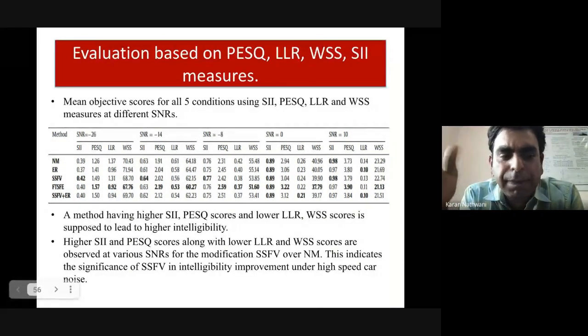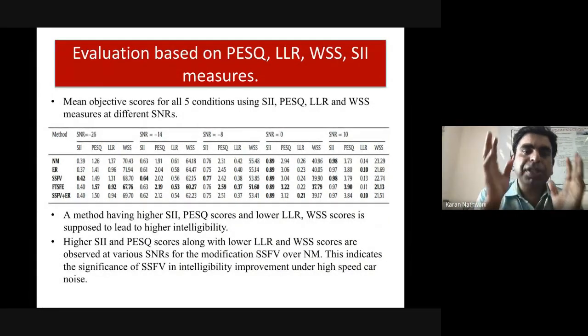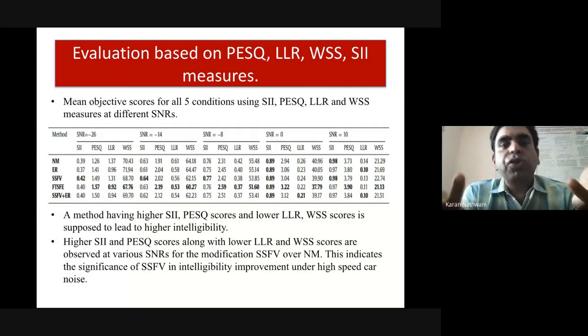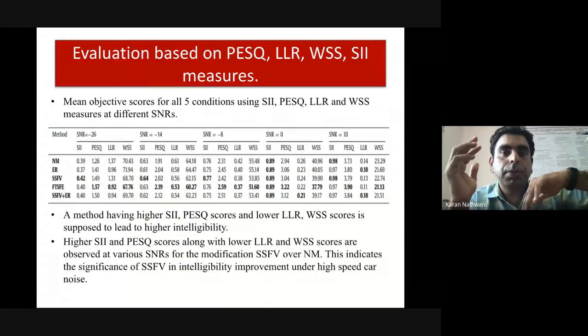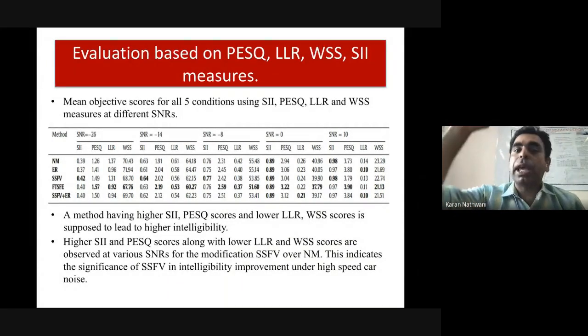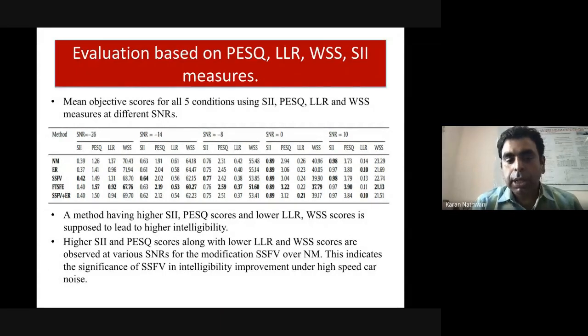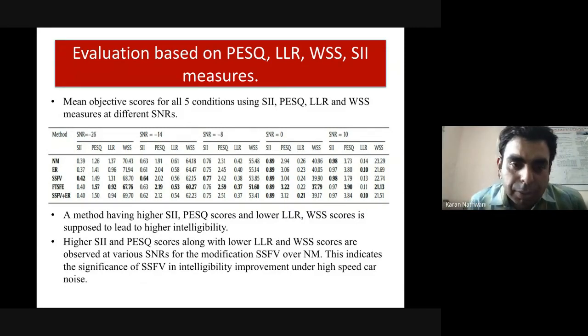So I'm just going to give a brief idea about that. What is this PESQ all about? You just think about it. When I'm playing the sounds to you, how much are you able to hear, on a range from 0 to 5. When it is very good and you are able to understand everything, you rate 5. Okay, this is my best one. When you don't hear it and you don't understand anything, it is closer to 0. So this is what the range is all about.